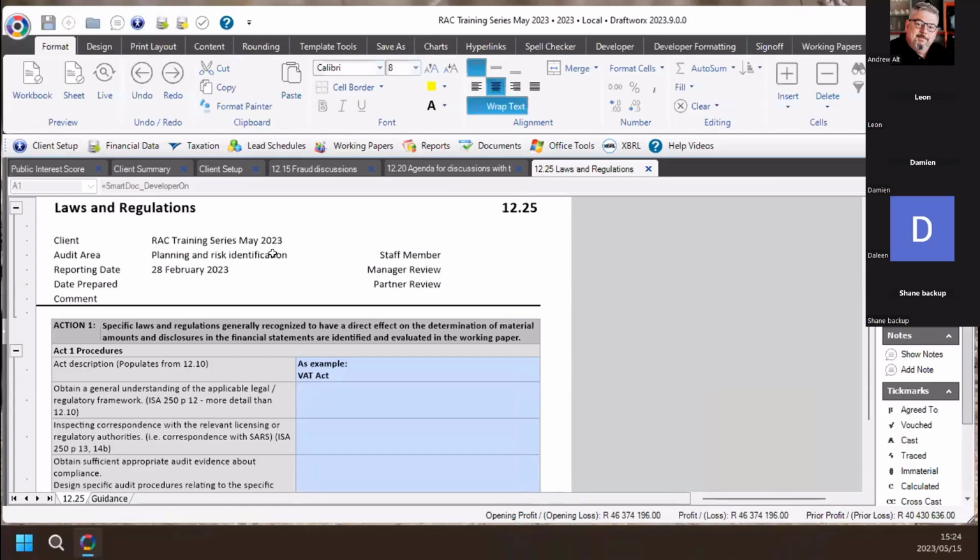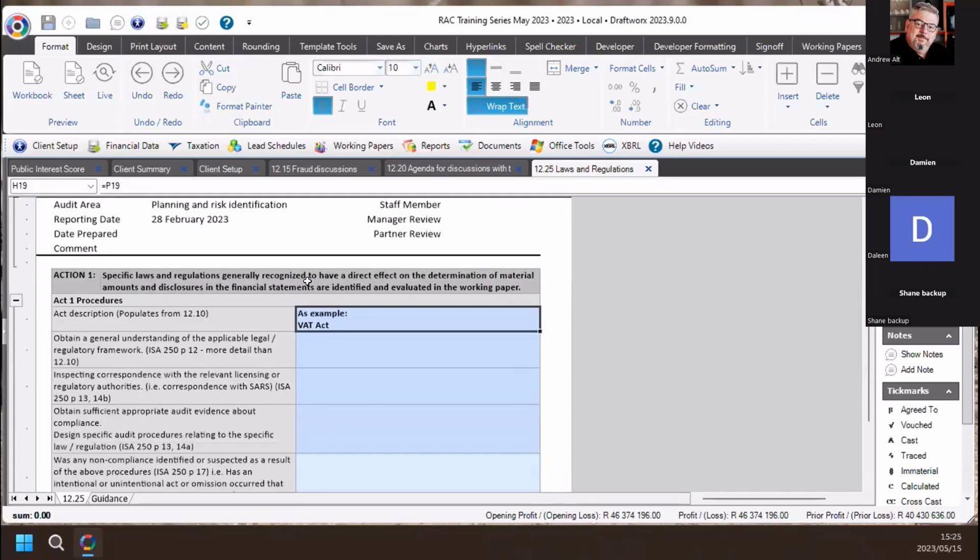Document 12.25 is now our laws and regulations document. Now, the first thing to be aware of is that the acts that populate here actually come from document 12.10. So if you complete it appropriately in 12.10, then those applicable acts will automatically carry through to document 12.25. Now, I haven't done so, so I now need to manually go and complete